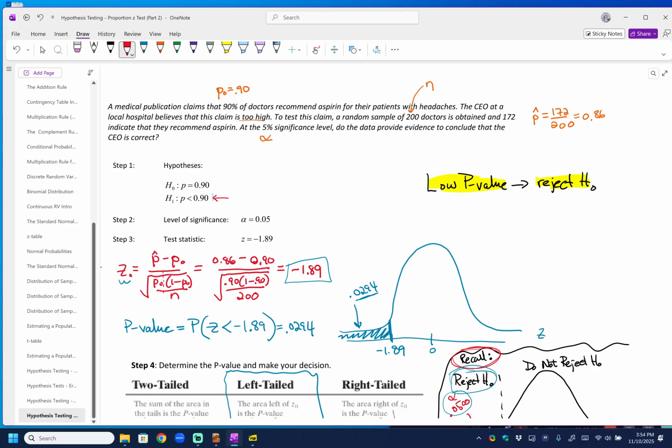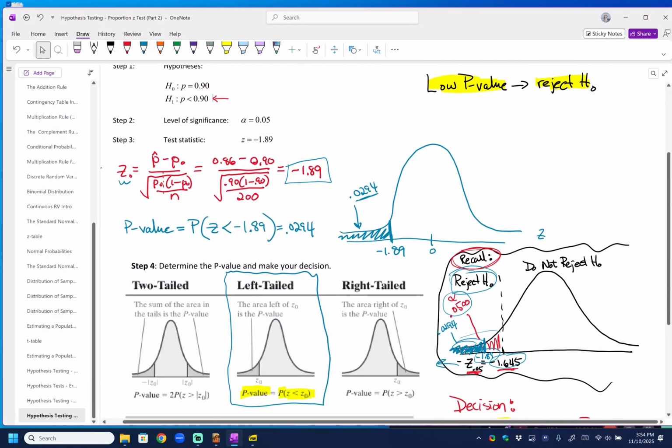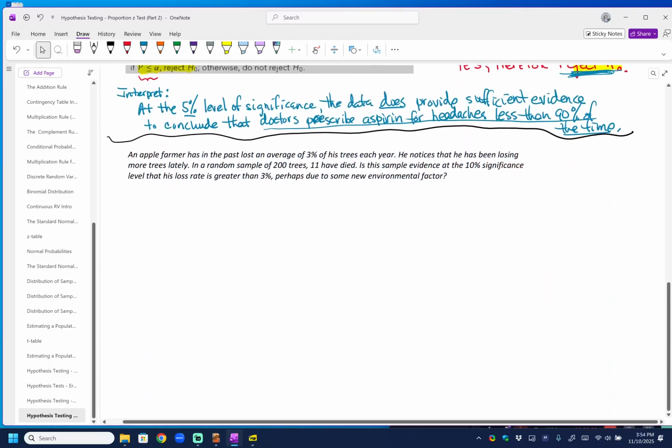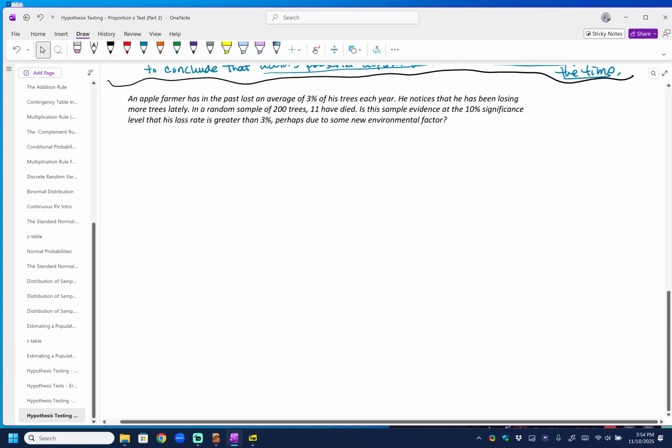All right, so let's move on to our next example. It says an apple farmer has in the past lost an average of 3% of his trees each year. He notices that he has been losing more trees lately. In a random sample of 200 trees, 11 have died. Is this sample evidence at the 10% significance level that his loss rate is greater than 3%, perhaps due to